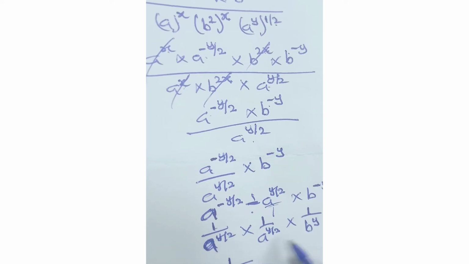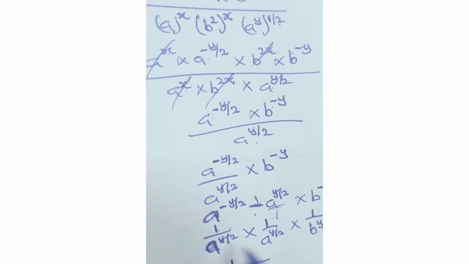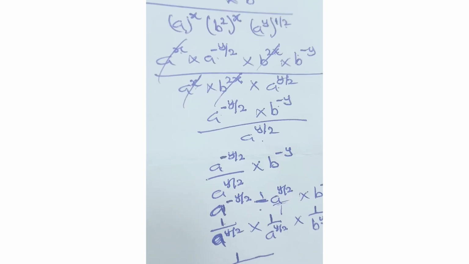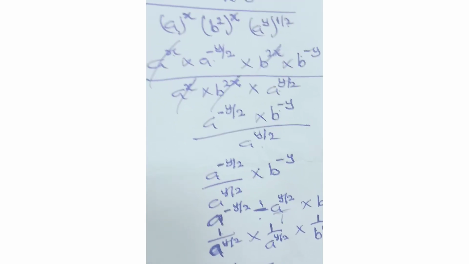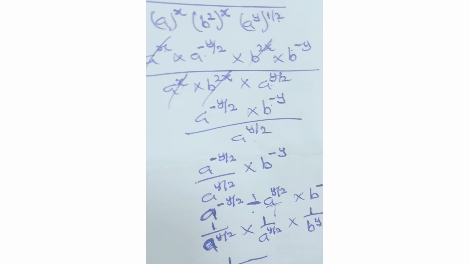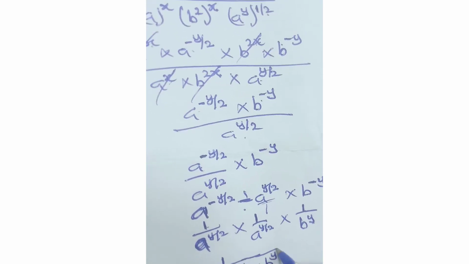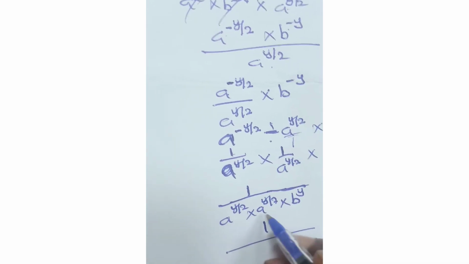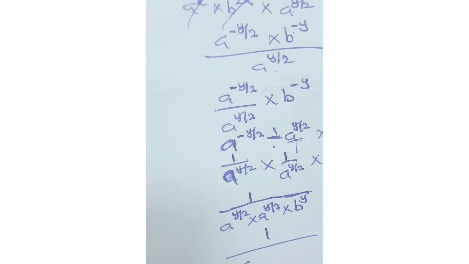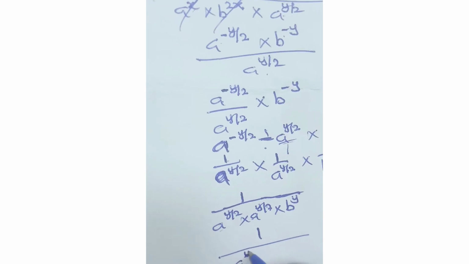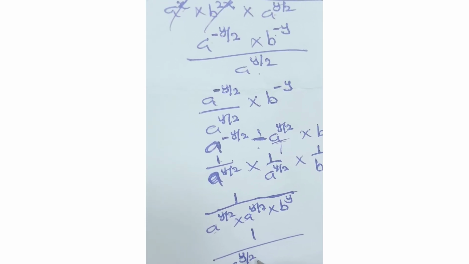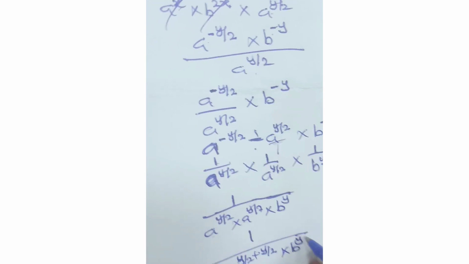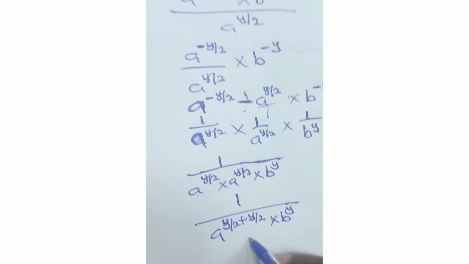So this will become, this time a raised to power y over 2 times a raised to power y over 2 times b. That will give us a raised to power y over 2 times a raised to power y over 2 times b raised to power y. At this point, this multiplication law of indices will pick 1. Then we are going to add the powers together. That's y over 2 plus y over 2 times b raised to power y. At this junction, we are going to have 1 over